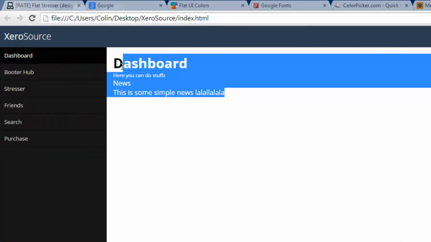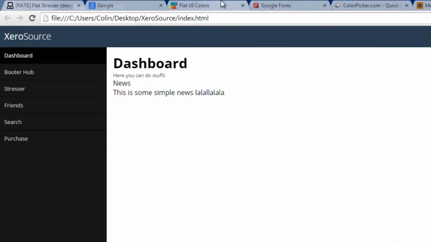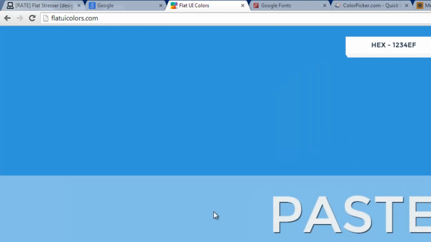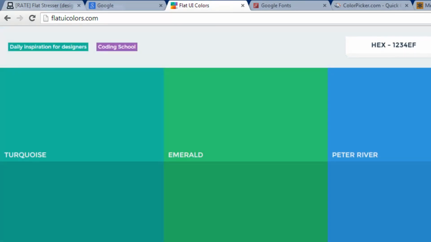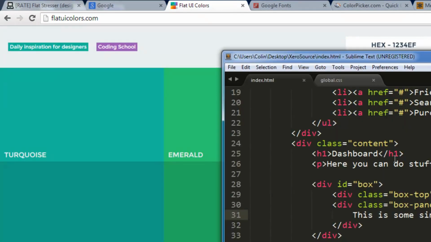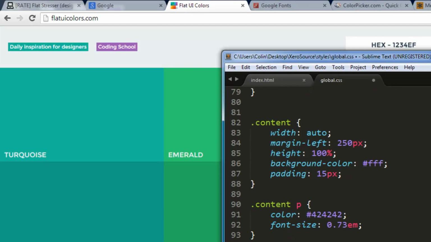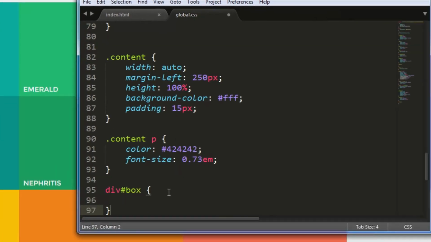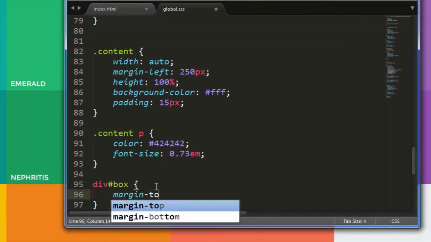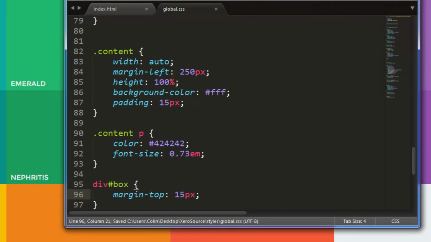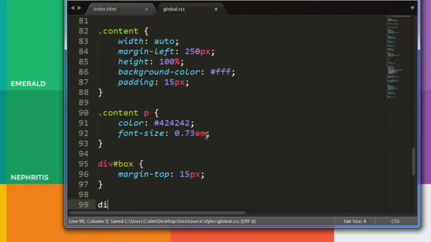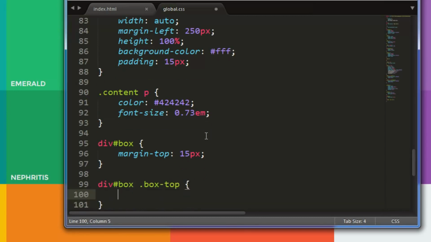You can't really see the effects I'm trying to go for with this, but we'll see in a second. Let's go with Billy's hole, where this is. Beliefy hole, I'd call that. A bit weird, but yeah. That's the colour we're going to go for, but for the box header, so that's why I copied that just there. So div box, the width's always going to be auto, and let's shift it down, so margin top 15 pixels, and then div box top, and make the colour of that a nice light white,